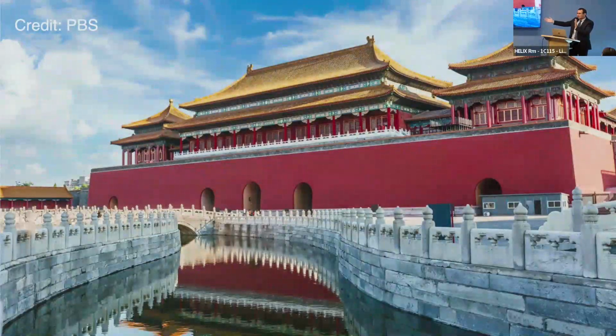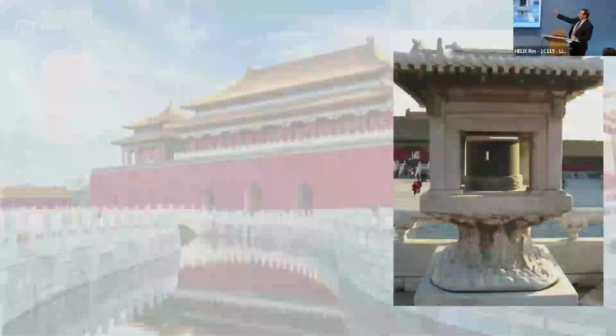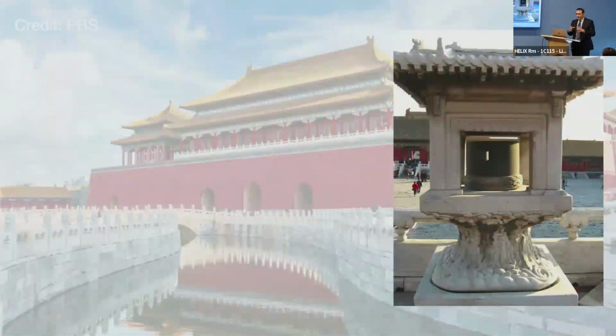It's the Forbidden City, which even though it's forbidden, you can go in. But in the Forbidden City, this is where the royalty used to live, right? And then there's this thing in front of the building of the Ministry of Weights and Measures. And the reason why I think this is so cool was that basically the vendors in China had to go